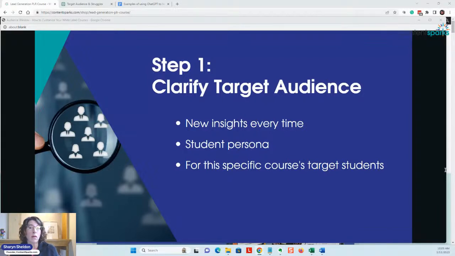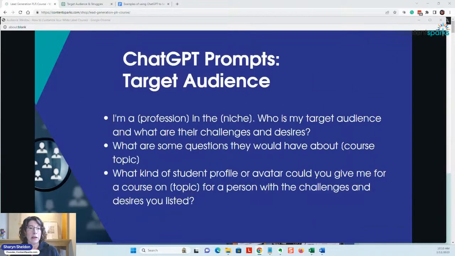So one-to-one, one-to-many, online versus in person. Different business models need different lead generation. So the challenges are going to be different for each. And the language they use is going to be different also, like prospect versus lead versus potential client. Those are the sorts of things you need to get into your persona so that you know how you're going to have to customize your course. All right. And as a starting point,